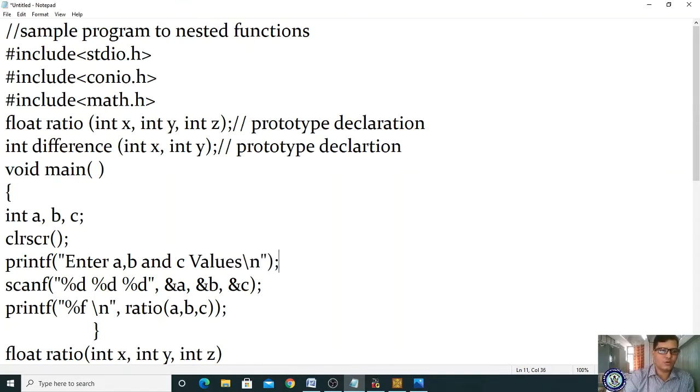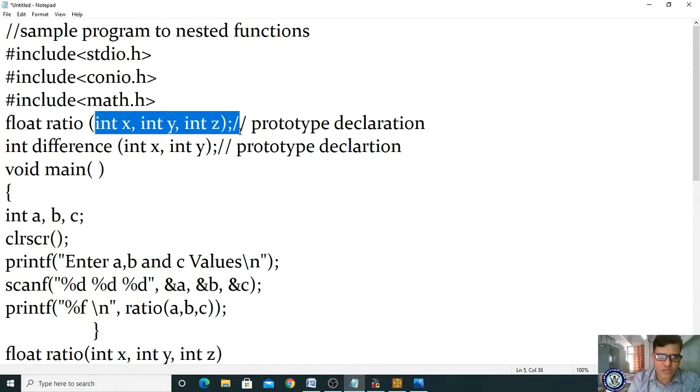Now you have to read those three values from the keyboard, so you write the scanf. Now while displaying, please observe what exactly you are doing. You are calling this function. Here the return type is float, and here you are taking the parameter list as integers.